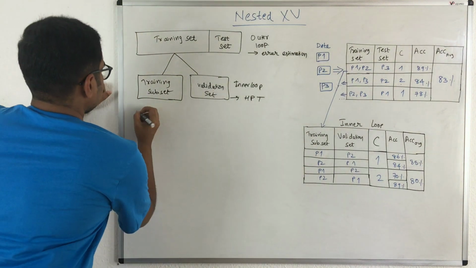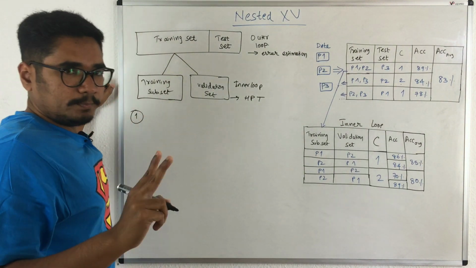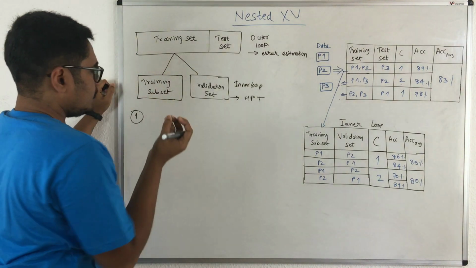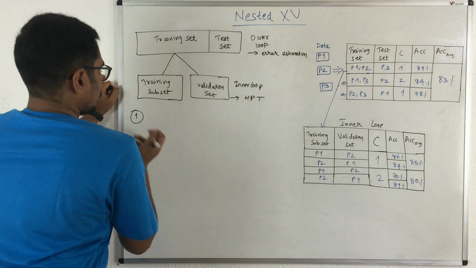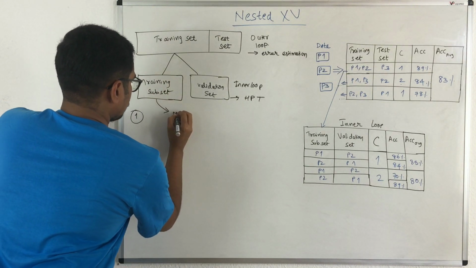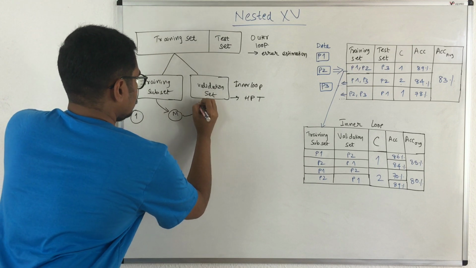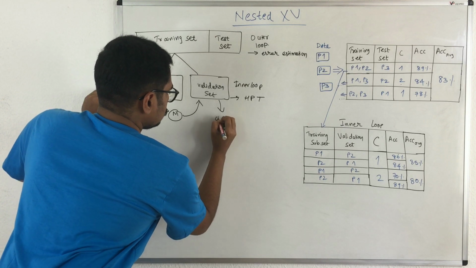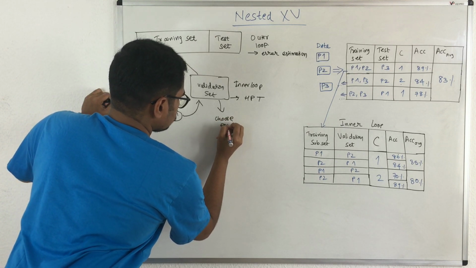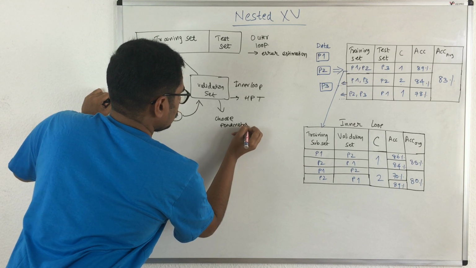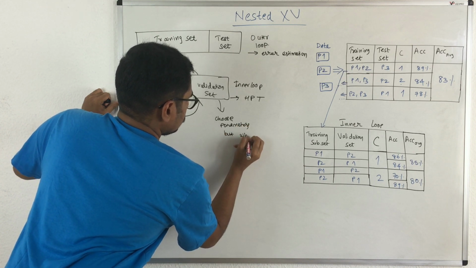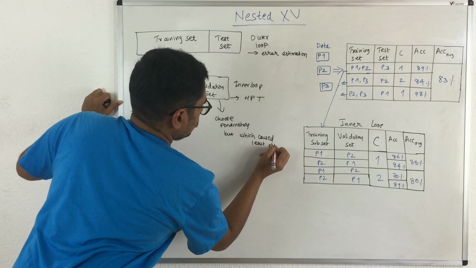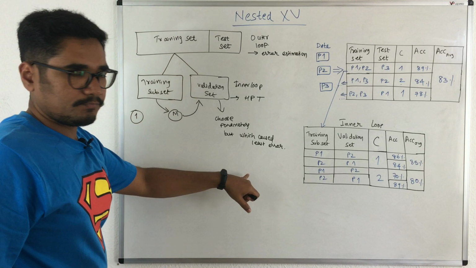So this is basically how it works. It works in two basic steps. First, you take a part of the training set, that is the training subset, only a small amount of the training set is taken. This is run on the model and it is evaluated on the validation set. In this you choose some parameters, not all parameters, but those which caused the least error during that run. So this is the very first step.